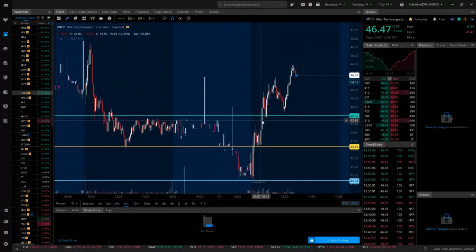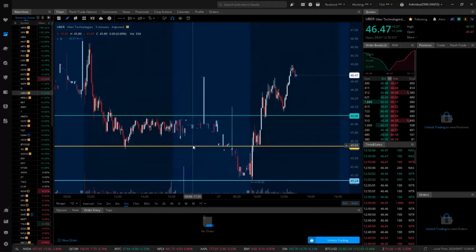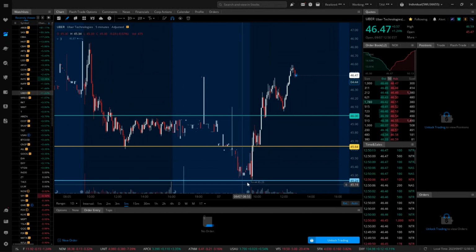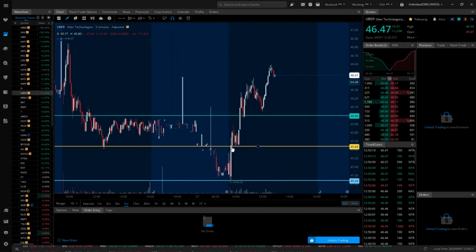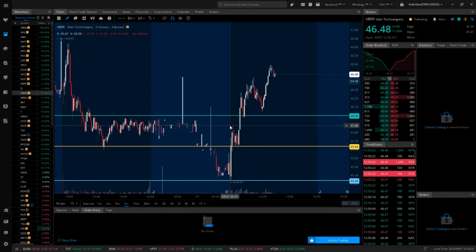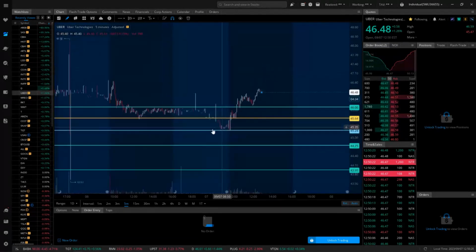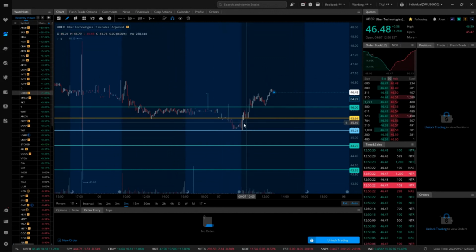If the price comes from below the 45.24 level, then we typically want to look for a bullish position off of that. If it comes down, tests this, holds it, or dips below it and pushes up, that's when we take a bullish entry. Or if it fails to hold this level here, that's typically when we look for a bearish entry. So these are kind of flip-flopped a little bit today, and that's only because this 45.64 level is so strong. It kind of overpowers the